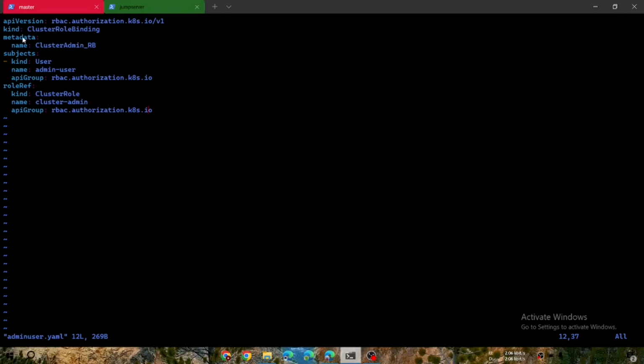So what it tells, API version you can find by running kubectl api-resources, and the kind is ClusterRoleBinding. So we are binding a cluster role with a set of users. For us it's only one user right now. So the name, cluster admin RB for role binding, I've given. This name can be given anything you want. Kind, so subject, the kind. So who will